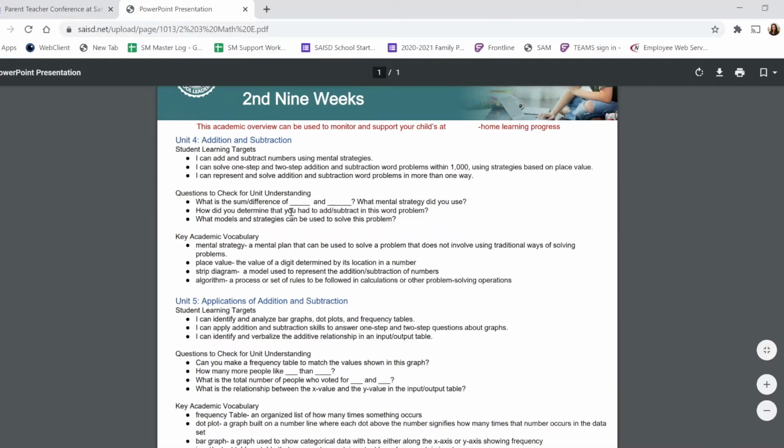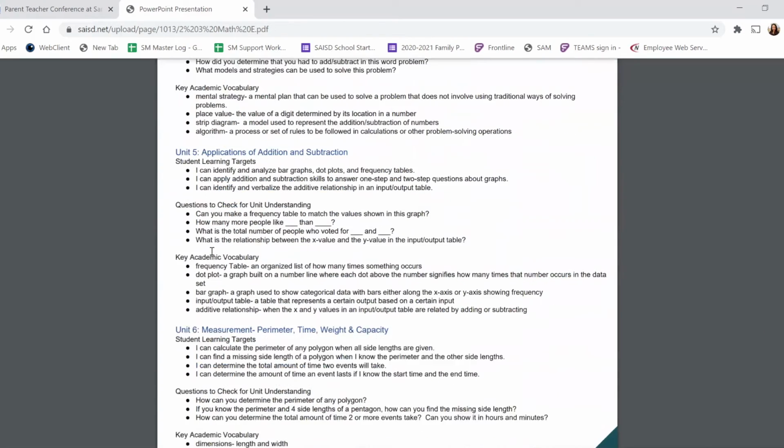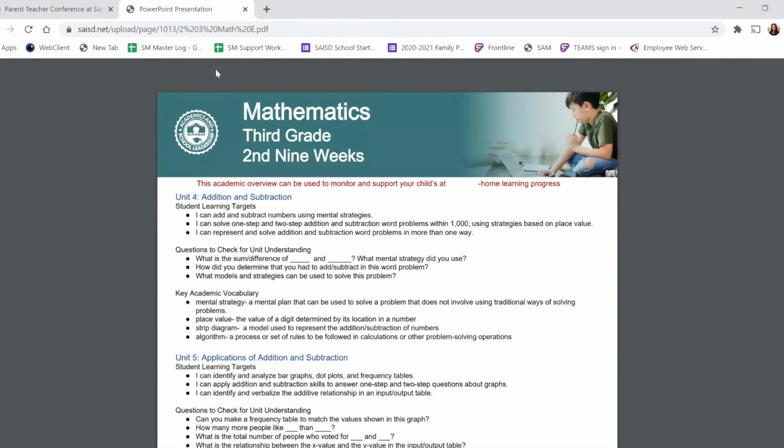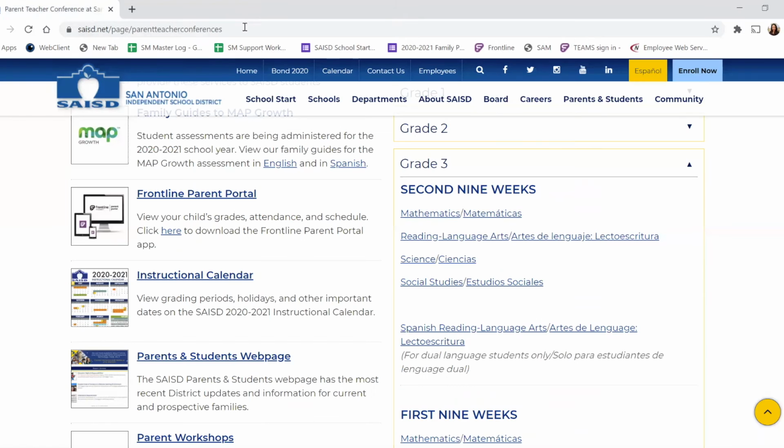These are some of the actual questions that you can ask your child to make sure that they understand the target areas. And then also the key academic vocabularies, which are terms and phrases that are being used during the 9 weeks. And you want to make sure that your children are understanding the vocabulary in those terms and phrases. And then it goes on to talk about other units for mathematics. Okay, so we're going to go back to